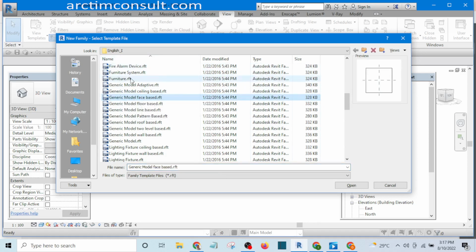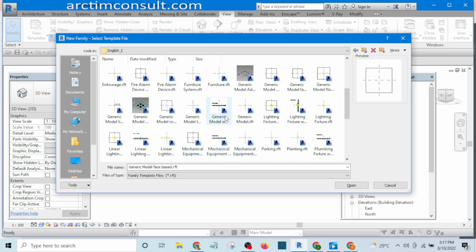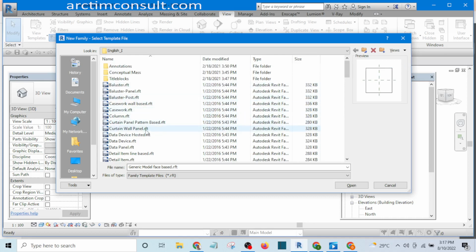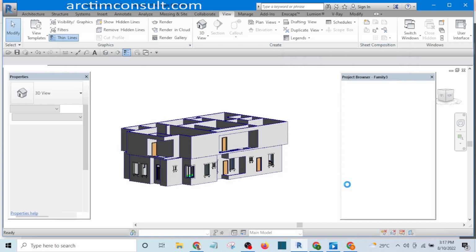And sometimes this view may be on thumbnail. In case it is on thumbnail, for instance, this is thumbnail, and it will be difficult for you to see it with ease. So what I normally do is select this view and change it to either details or list. With the list now, I can easily see the name of what I'm looking for. So I'm looking for generic face base. This is it. So I select that one, click open,